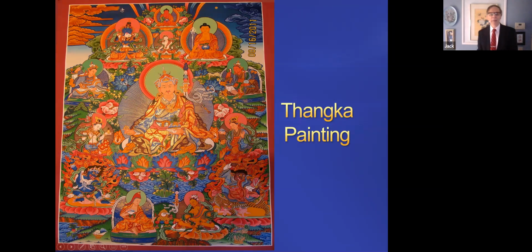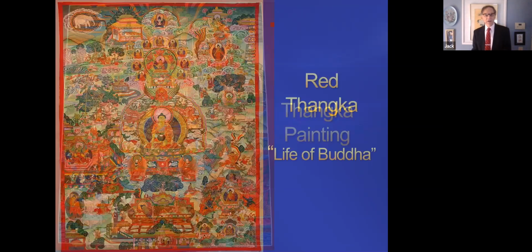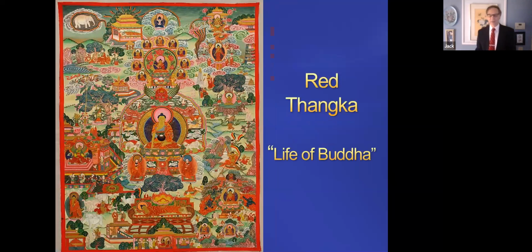And one of the most popular thangkas that are done are what are called red thangkas. And they are looking at different elements in the life of the Buddha. Now here's the Buddha here in the center, and it's showing different elements. Like here, he's getting nirvana under the Bodhi tree, where he first meditated. And there's the death of the Buddha, the reclining Buddha, where he finally leaves the world. And this particular one is from Tibet. So they were actually showing over here the string of different Dalai Lama that have taken place since.